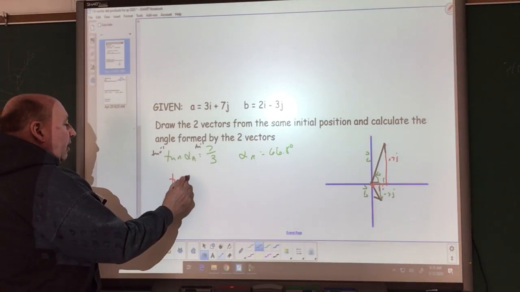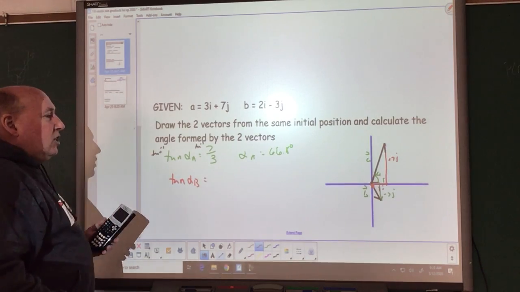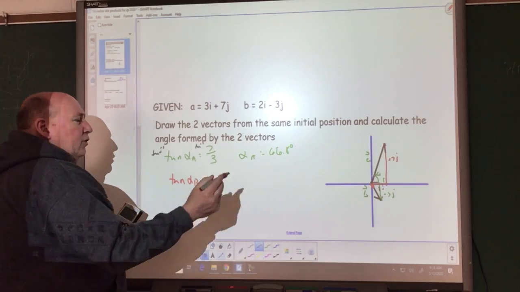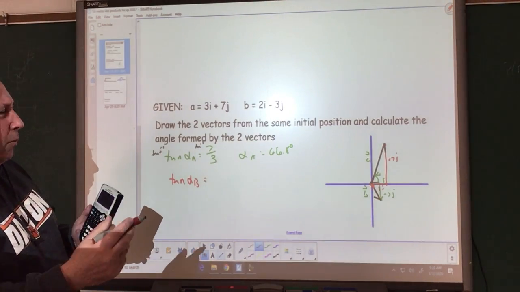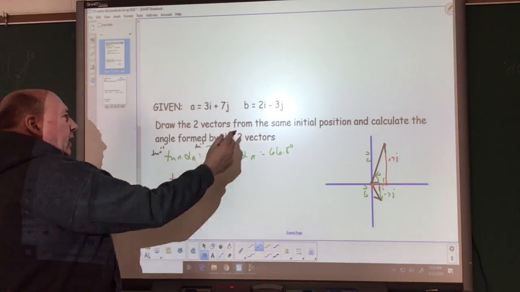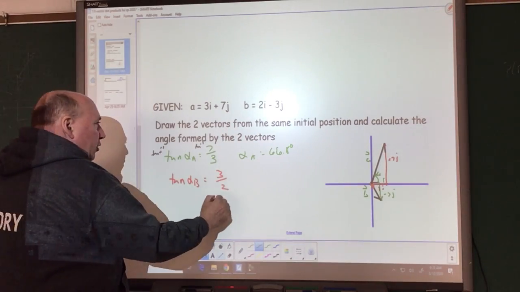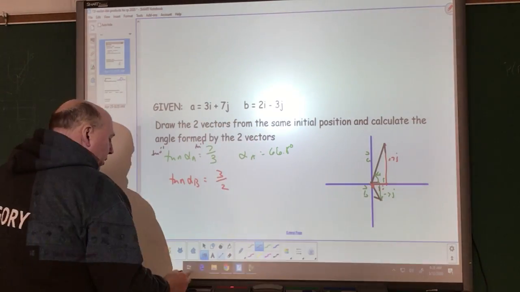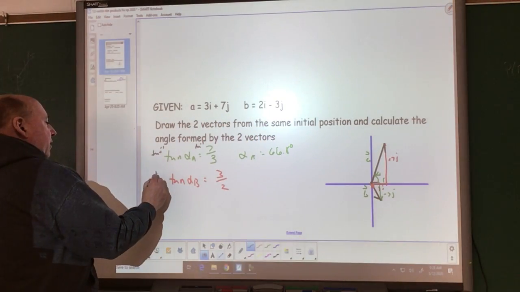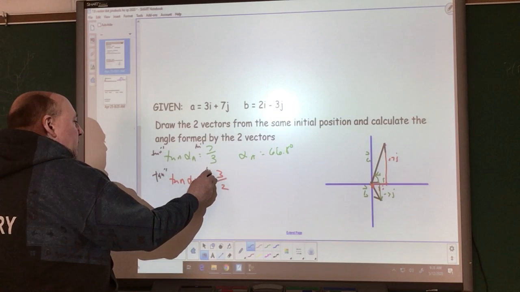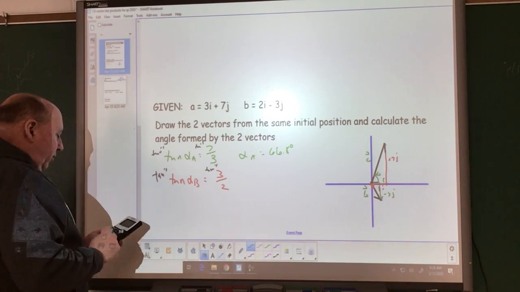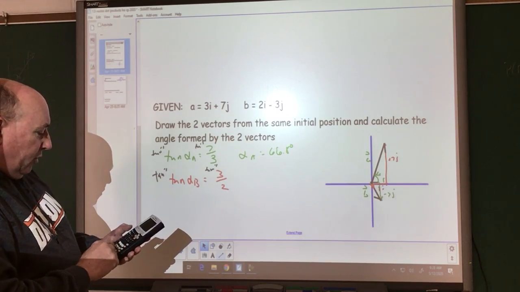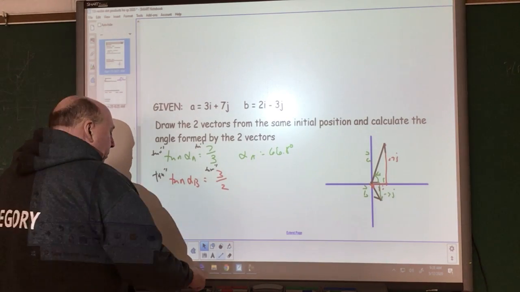The tangent of alpha B. Now what I would suggest to do is still use positives and just find the angle, because if I throw a negative in there, I'm going to get a different answer. So I can go 3 over 2, because I would have 3 here, I have 2 here. So we can do the inverse tangent of 3/2. Inverse tangent of 3 divided by 2. We get an alpha B